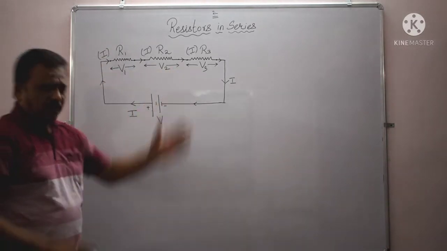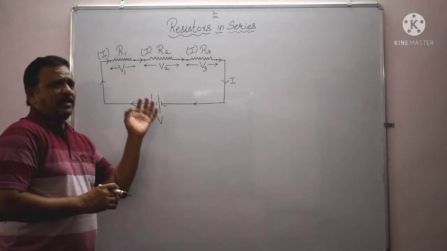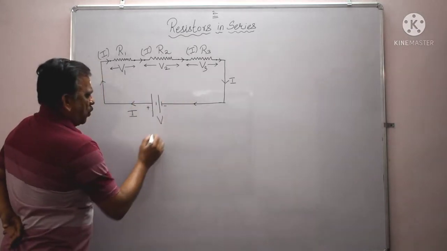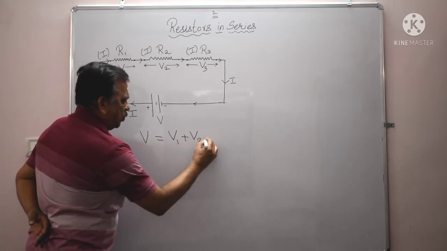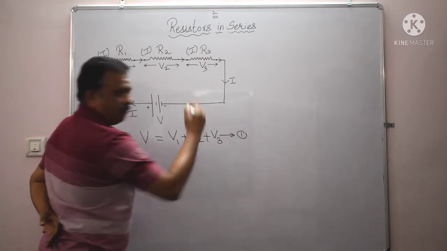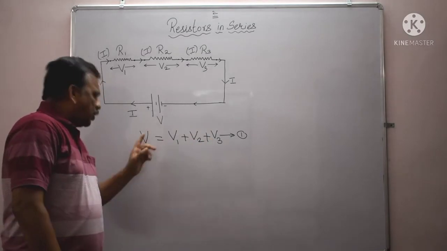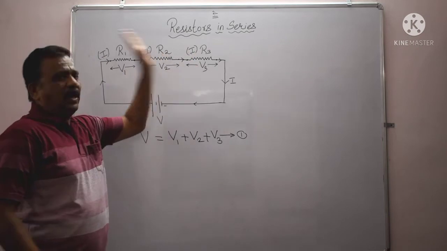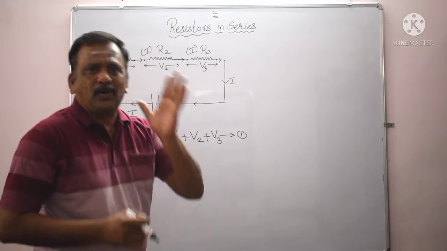So voltage is different, right? Across the three components. So let me start my derivation from the quantity which differs. So voltage differs, right? So total voltage V is equal to V1 plus V2 plus V3. Let me take it as number 1. Now I am going to write V1, V2 and V3, as well as V, the total voltage, in terms of R1, R2 and R3. So to do that, I need the help of Ohm's law.